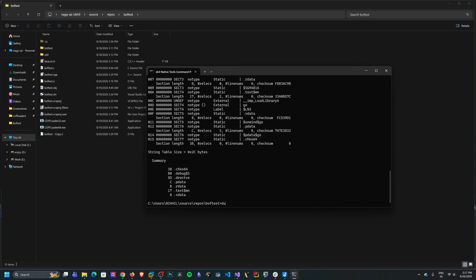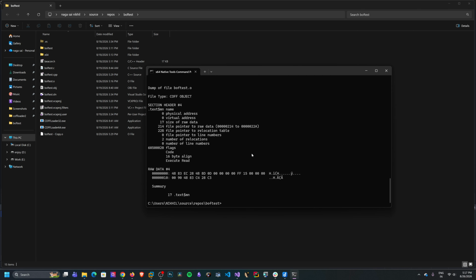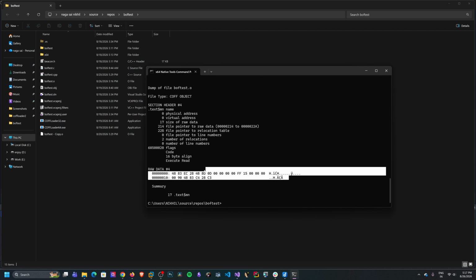requires. Now we are going to dump the assembly code for our text section, using dumpbin /section:.text$mn. This is the section we are going to dump, with /rawdata on bof test.o, and now you will have this raw data. So copy this